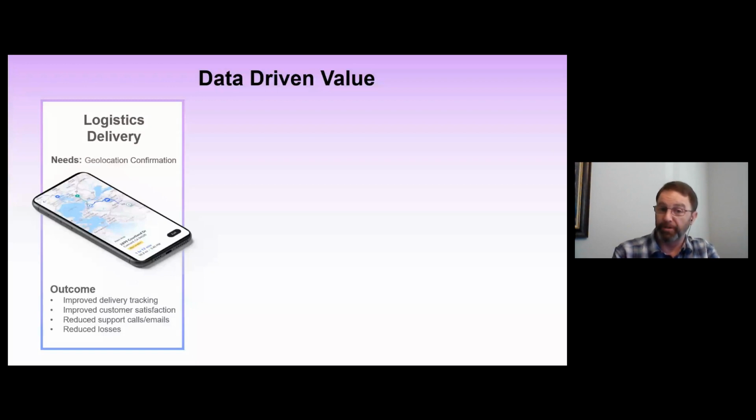Now, their loss prevention department was enabled by reducing the amount of lost package reports based upon the additional data points that they were able to capture. All of these improvements have reduced their support calls significantly. This has also led to a rise in their customer satisfaction rates, which led to an ultimate rise in their Net Promoter Score to help demonstrate the value of this investment in new technology.